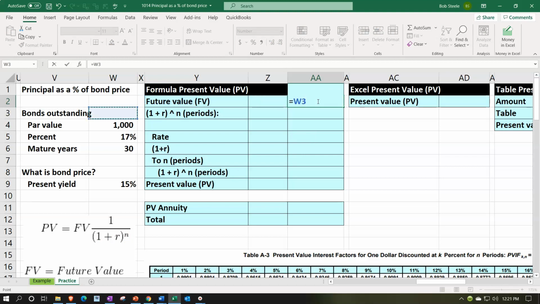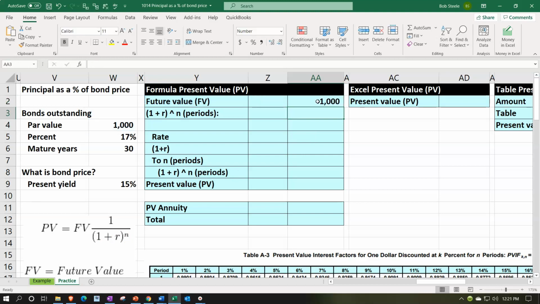That's going to be equaling now the 1,000. That's what we're going to get after 30 years, or whoever has the bond is going to get the 1,000. If we're issuing the bond, we have to pay that over after the 30 years. And then we're talking 1 rate then at the 15%, which I'm going to make it green so I don't